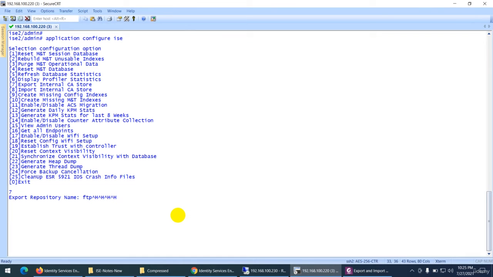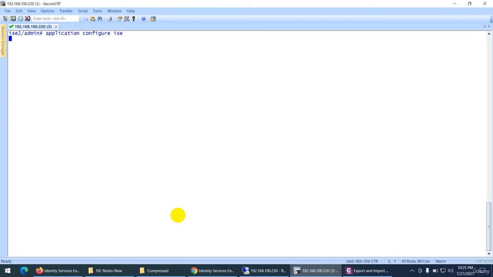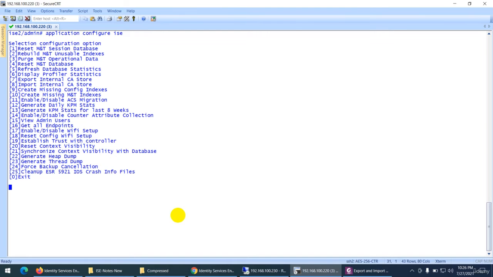Sorry, it's wrong, so let me cancel this one and type again. By mistake I put something else, 7, and you need to type ftp repo. Okay, this is the name where they will take the certificate authority. So ftp